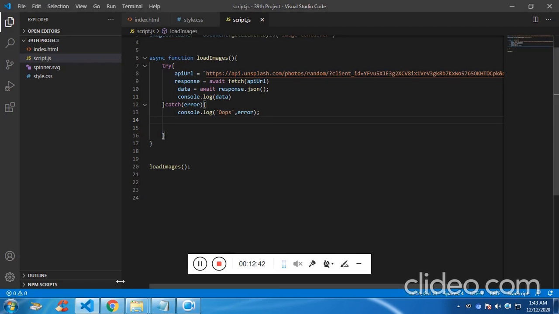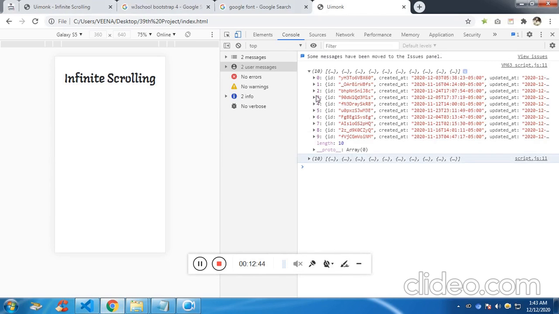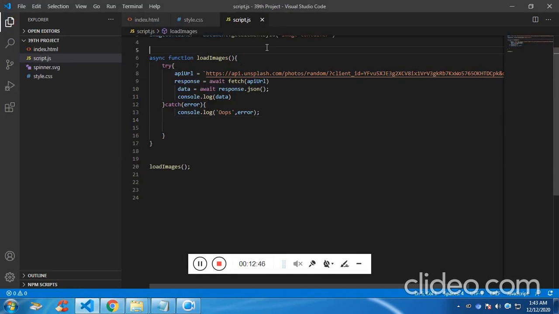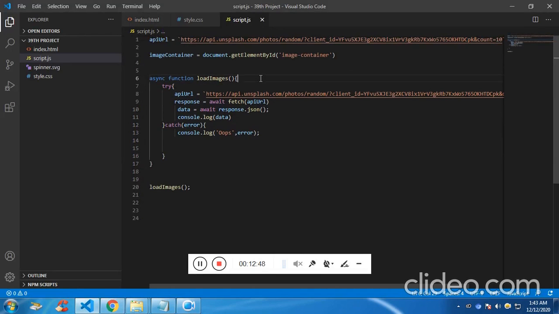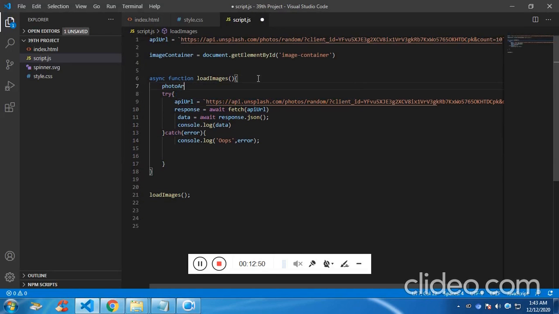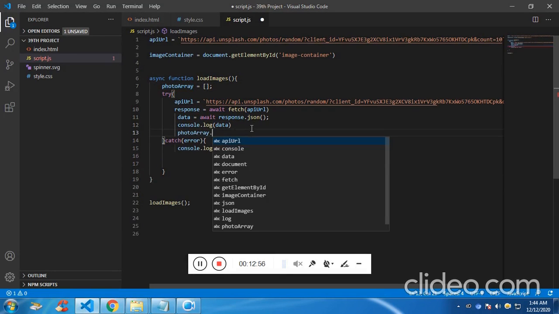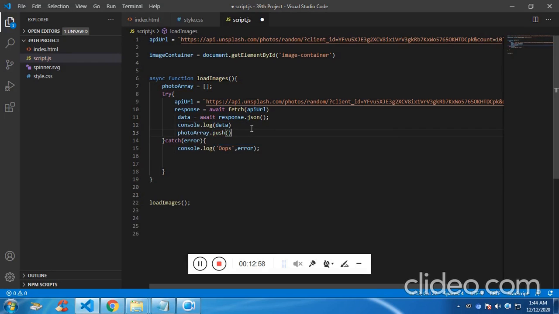So now if you see, we are actually getting an array. So let's create an array called photo array. What we'll do is we'll push the data into the array,